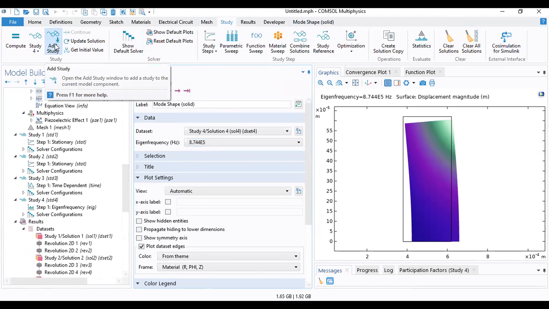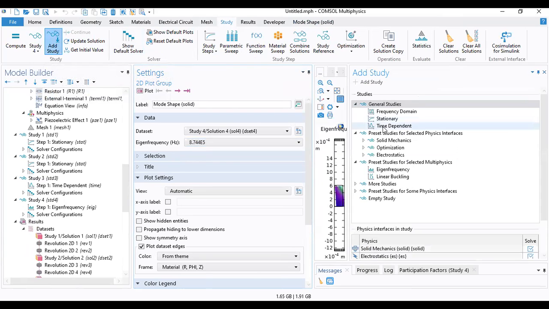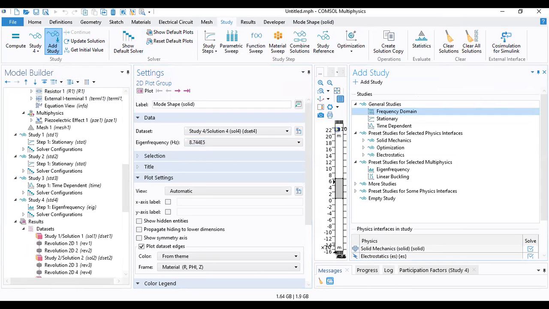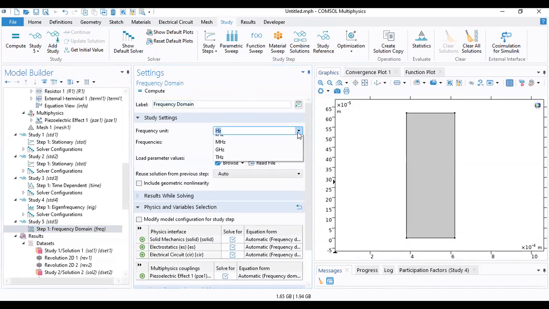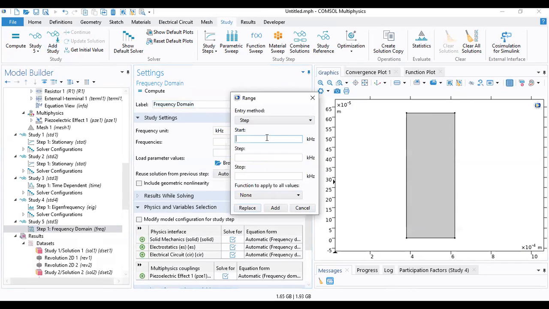I want to sweep through the range of the frequency by adding a frequency domain study. Here I change the unit to kilohertz and I type start 800, step of 10, and stop is